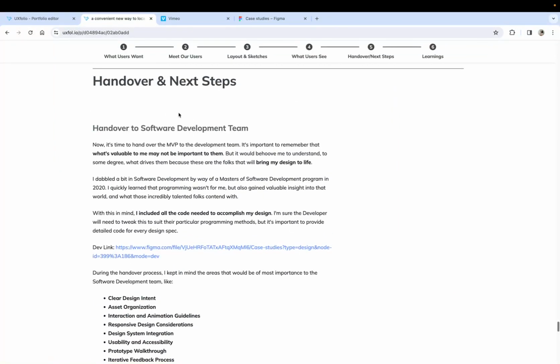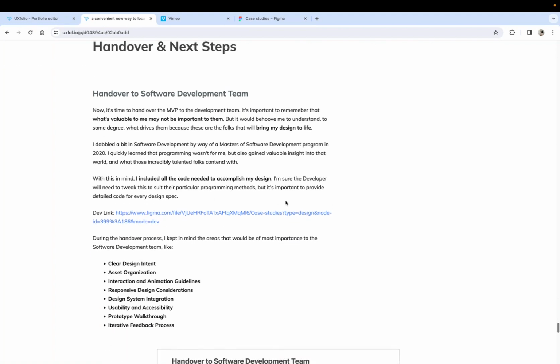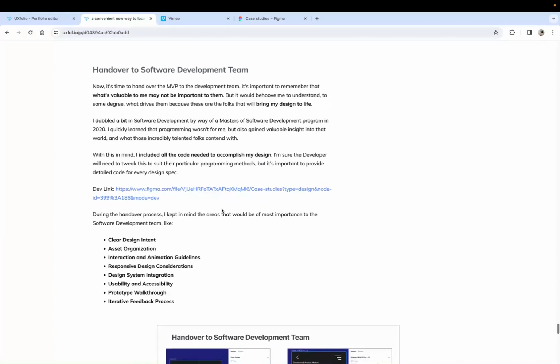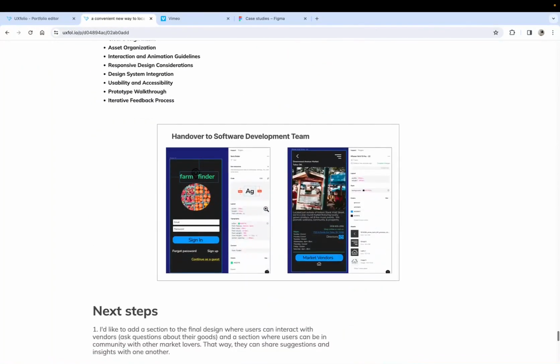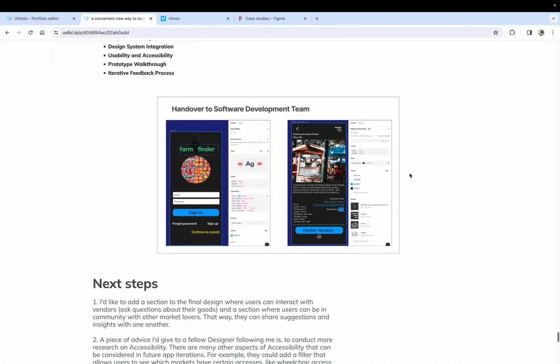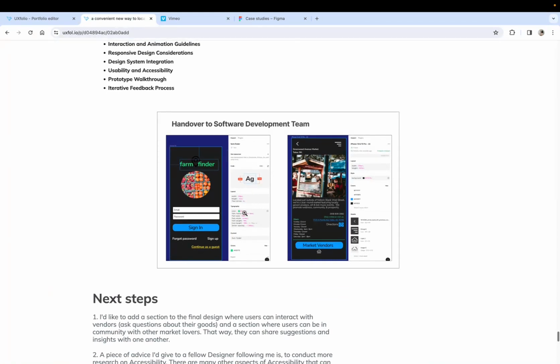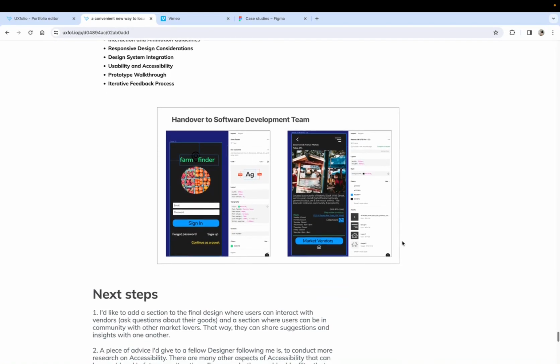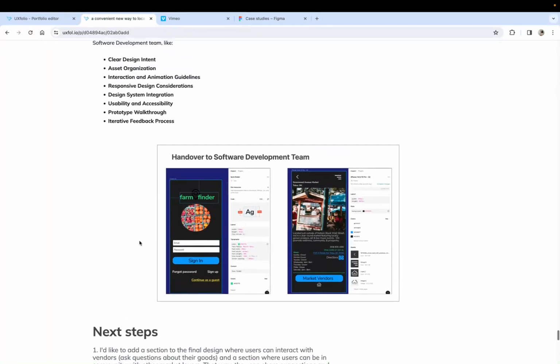And then we moved into the handover stage to software developers. I did some software development a little while ago, so I have some empathy for their world, and realized that it's not something I want to do, but that gave me some insight into what they need. So I did a quick handout here for them, and this is just from Figma, so it shows the code and how they can sort of easily update this and tweak it and put it in the language and the method that they use